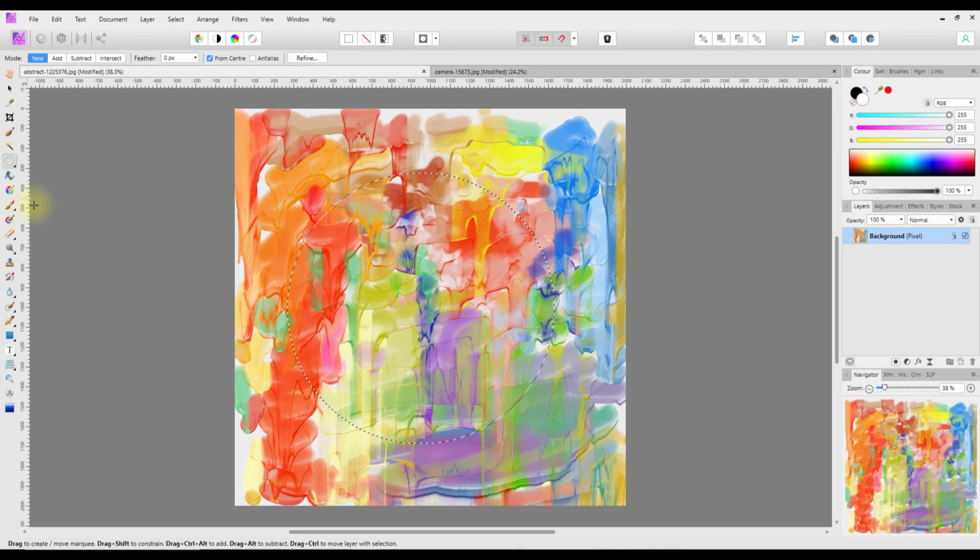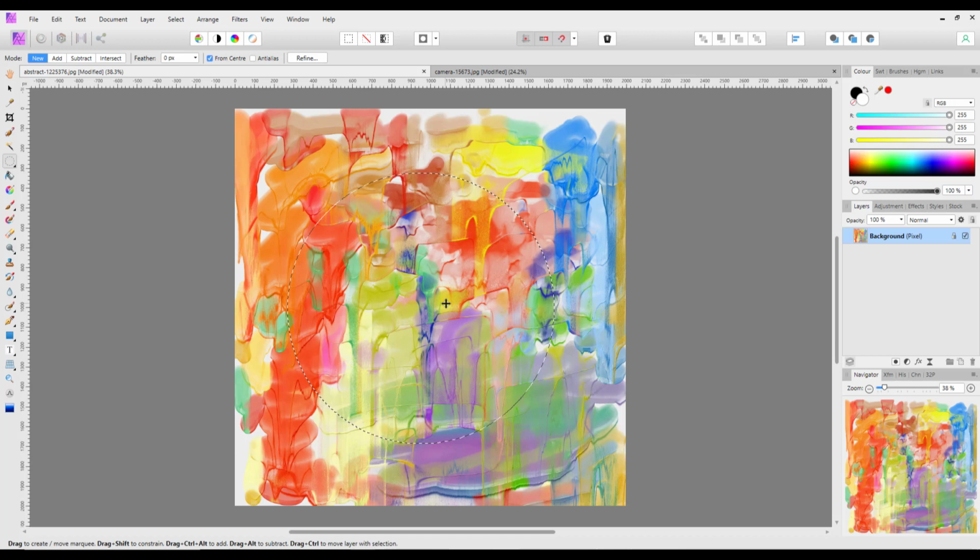Now with all the selection tools you get this refine button, because if I click on one of the others, you can see that that refine button stays as it is. So currently this selection, obviously being round, is also a hard edge,